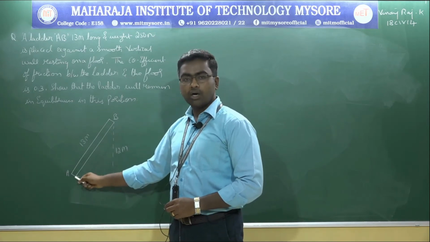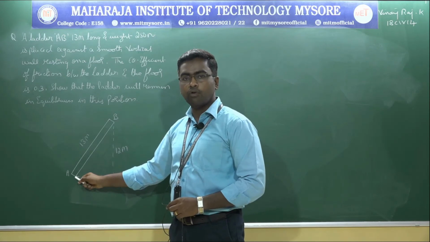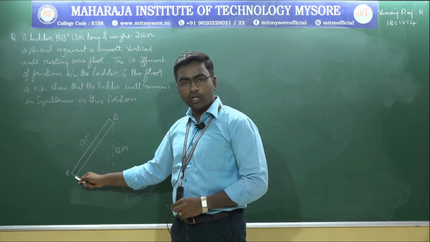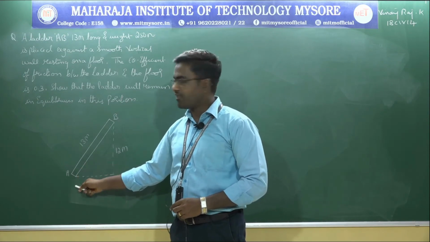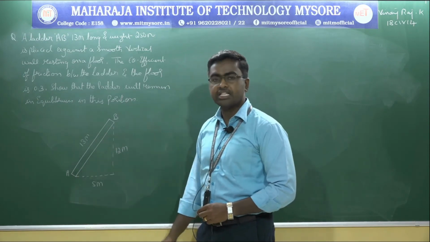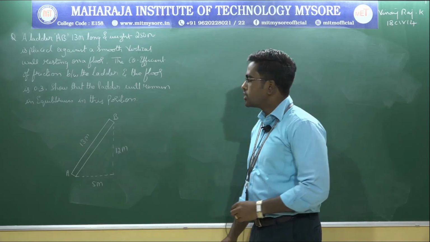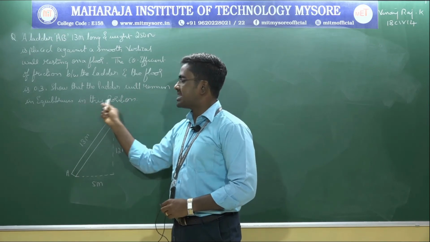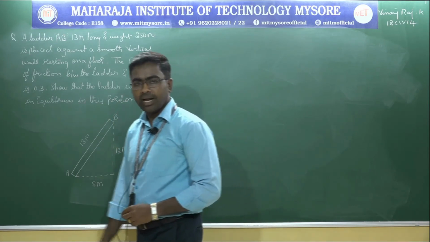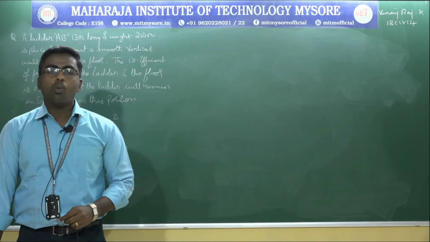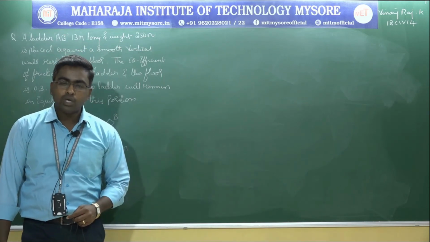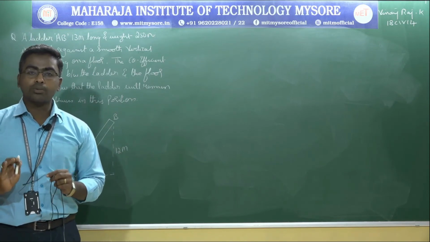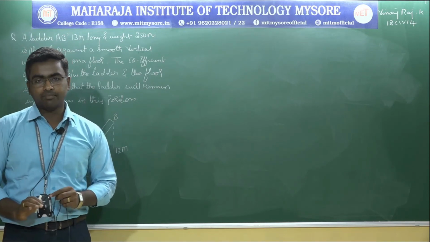So here the horizontal floor is a rough horizontal floor, and there will be friction at this particular junction, and the mu value between the ladder and this surface is given in the question, that is 0.3. So here show that the ladder will remain in equilibrium in this position, right? So I need to calculate what is the friction required so that the ladder will remain in equilibrium position without moving or without sliding, right?